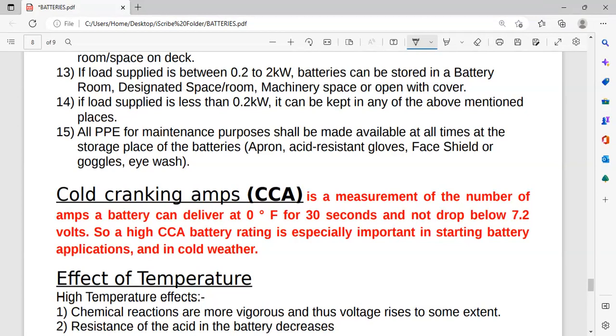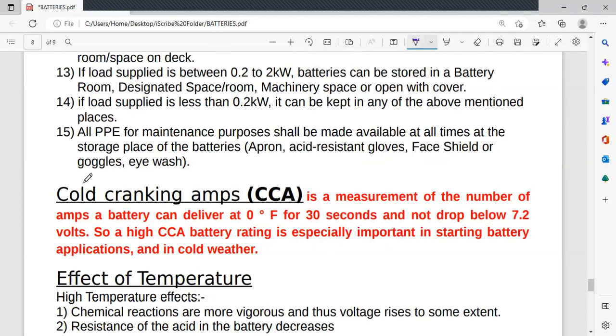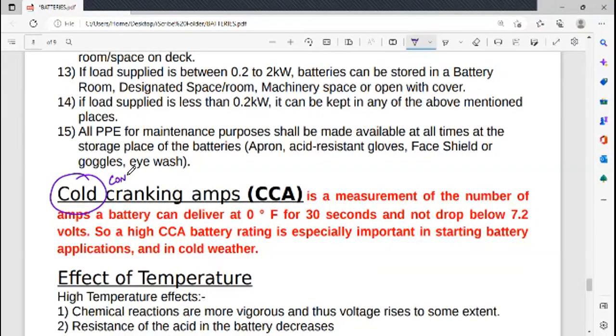CCA. CCA stands for cold cranking amperes. Now, what is cold cranking amperes? The very fact that the word cold is used means you're talking about cold conditions. Okay, remember